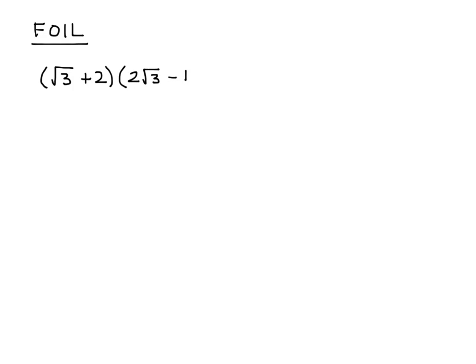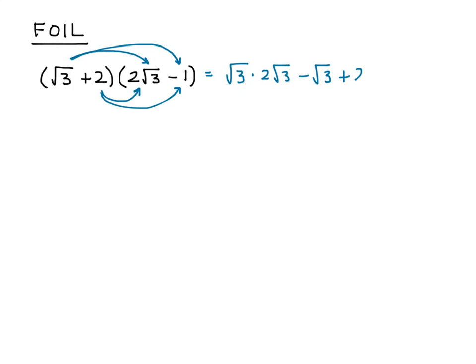Now, one of the methods that we've used in multiplying before is FOIL, the first, outside, inside, last, and that works when you have these binomial expressions in radicals as well. You just do exactly the same thing that you did whether you have ordinary variables or numbers with exponents. We multiply the first and the outside to get square root of 3 times 2 times the square root of 3 minus square root of 3 times negative 1. And then the inside and the last give you 2 more terms. And so when we simplify them,